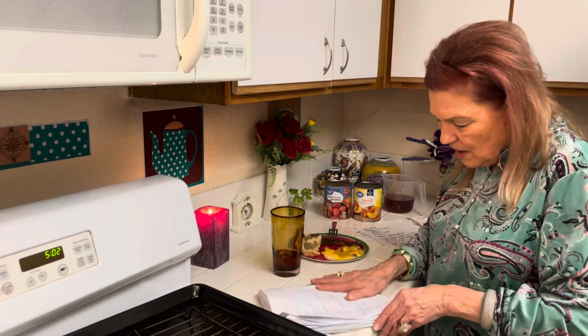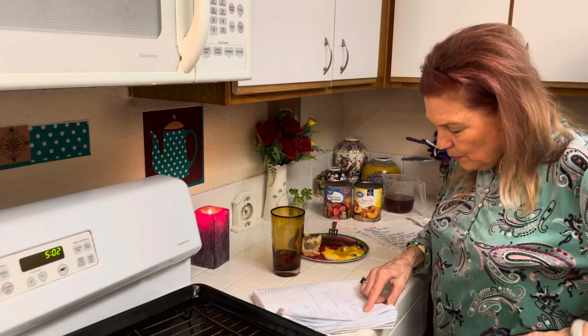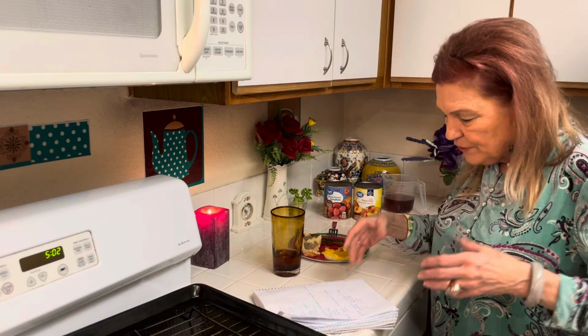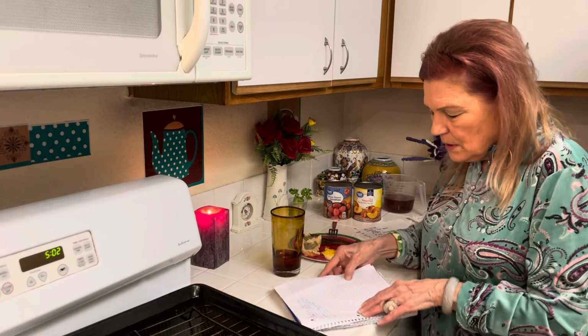Now think about stockpiling boxes of macaroni and cheese, small potato pouches, but I bought the big one, rice, vegetables, and fruit, the large can. Okay, so now,